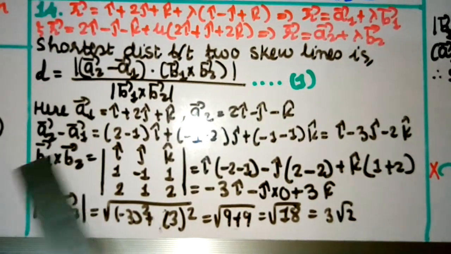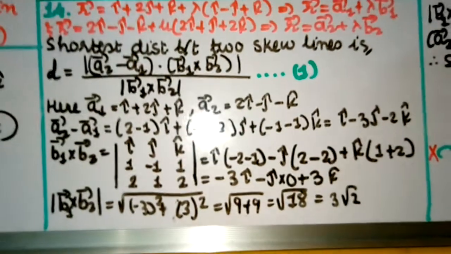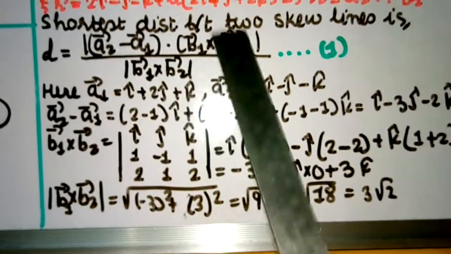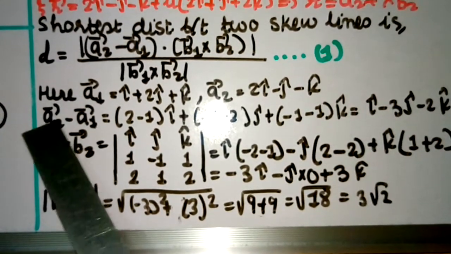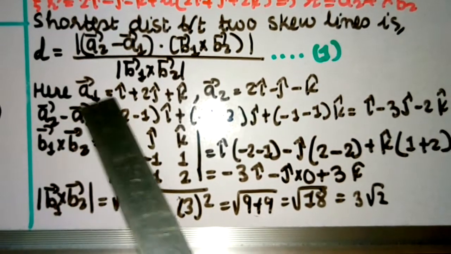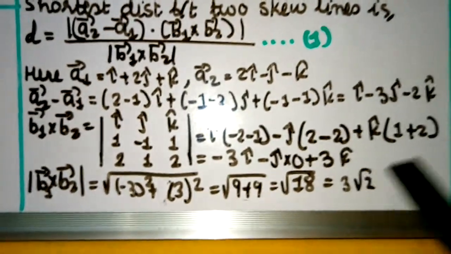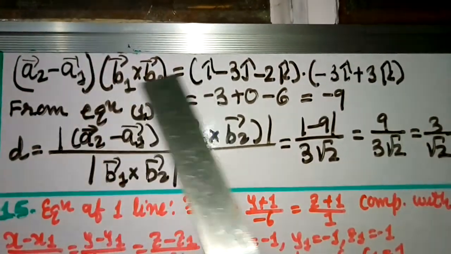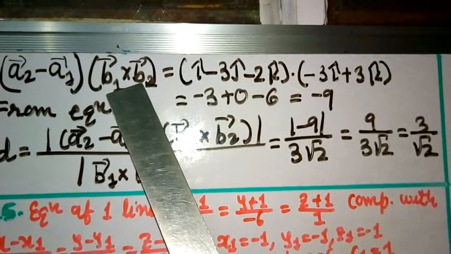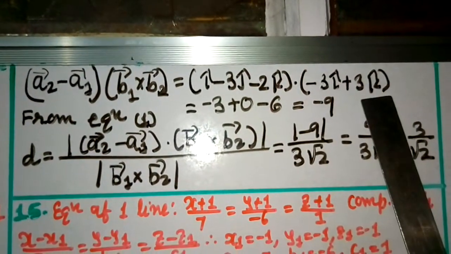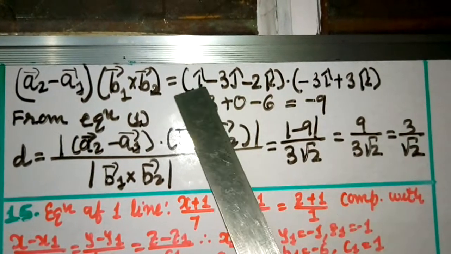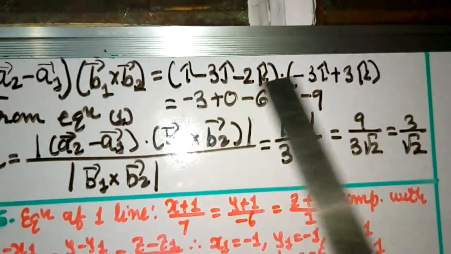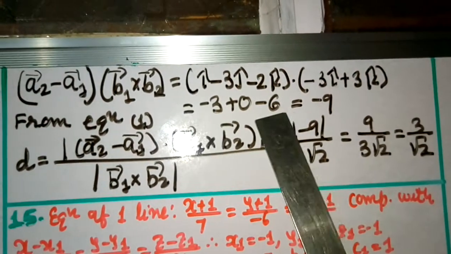Now we have found all the values, right? So let us place the values in equation 1. Before that, we also have to find this dot product. You can place it, or afterwards also you can find it. I'll find it first and then place the value. So I'll find the dot product of a2 minus a1 dot b1 cross b2. So this one dot this one. So a2 minus a1 dot b1 cross b2 equal to, first is i cap minus 3j cap minus 2k cap, and b1 cross b2 is minus 3i cap plus 3k cap. So minus 3 into 1, that is minus 3, then here there is no j, so the j coefficient is 0, plus minus 2 into 3 is minus 6, equal to minus 3 minus 6, which is minus 9, right?